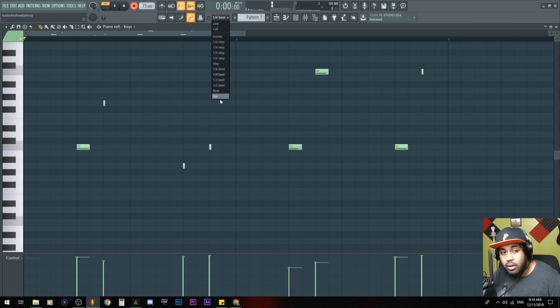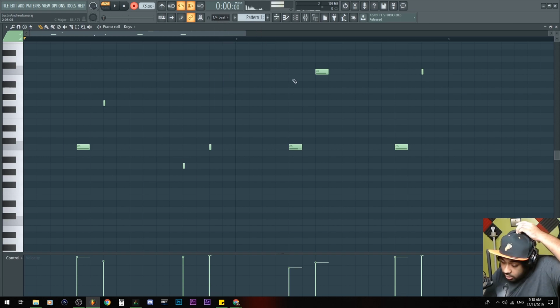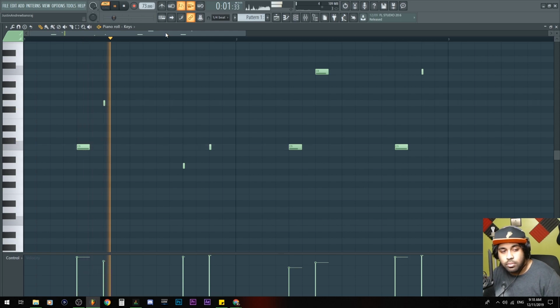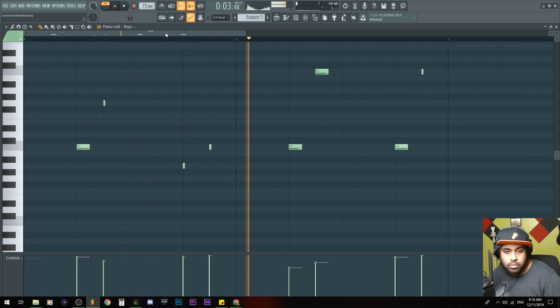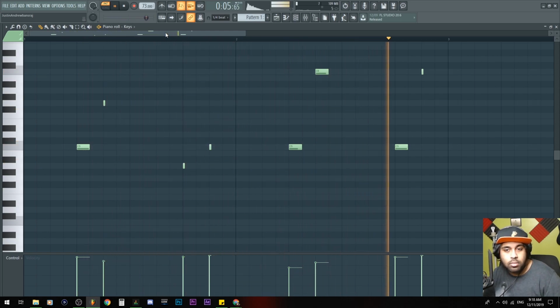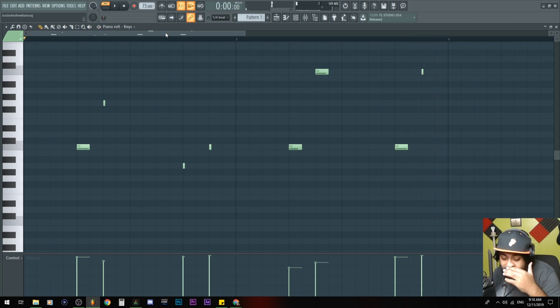If you set it on none, it'll be exactly where you press the key, and it'll show up in that exact spot. So if I press R again to turn off the recording, I'll hit play. It basically plays what we created and the duration of it.